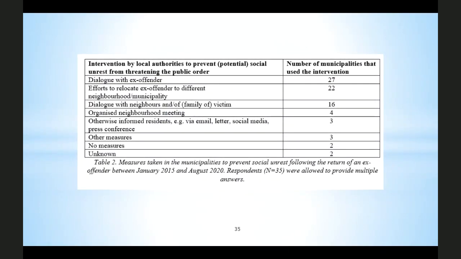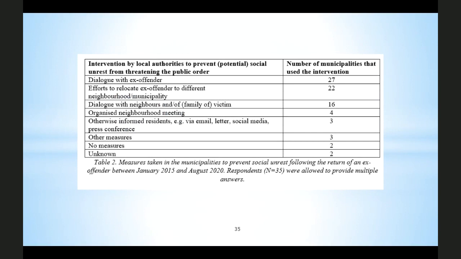from the survey results, it becomes clear that 87% of the respondents would enter into a sort of informal dialogue with the ex-offender in order to find a way that would ensure both the ex-offender's right to access housing, while at the same time meeting the concerns of his or her future neighbors. 78% of the respondents indicated that efforts would be made to relocate the ex-offender, to try to find alternative housing elsewhere. And we asked how they would try to achieve this.